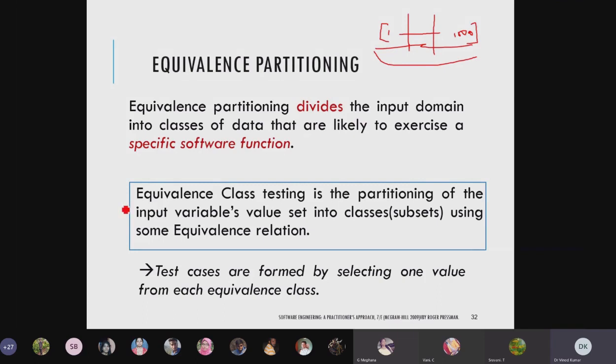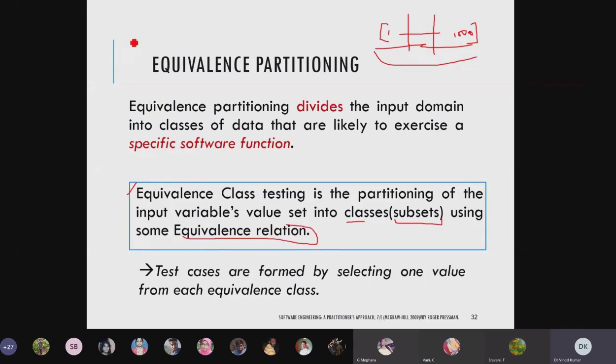Look at one more definition here. Equivalence class testing is the partitioning of the input variable value set into classes, or subsets, using some equivalence relation conditions.